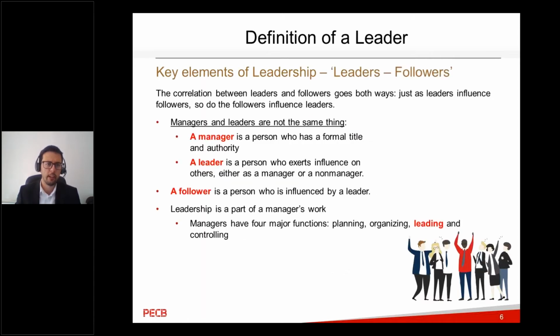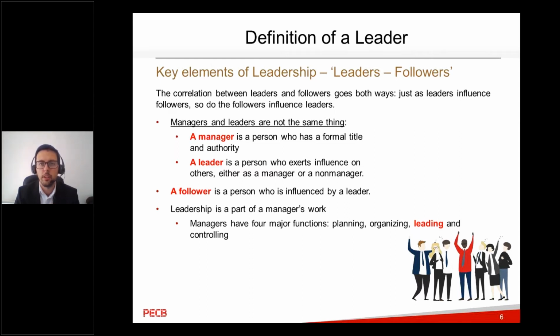Initially, we will cover the topic of leaders and followers as one of the key elements of leadership. So in this sense, the correlation between a leader and a follower goes, as we said, both ways. Just as much as a leader tries to influence followers, so do the followers influence leaders themselves, be it by vocally disagreeing or debating, or by being a role model,